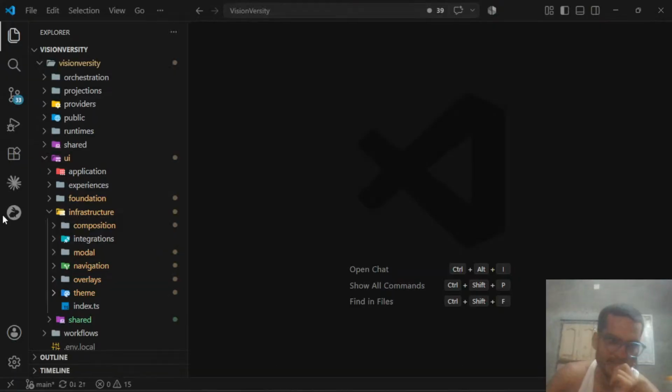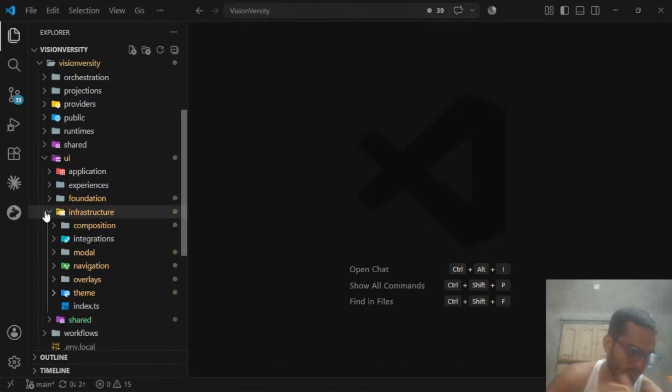so recently I just organized my UI infrastructure, and my code base is organized based on responsibility, not based on folders. Typically on YouTube, the tutors and YouTubers share their code base organized around technical folders. But for a scalable and very big project like mine, as you see guys, I have 1400